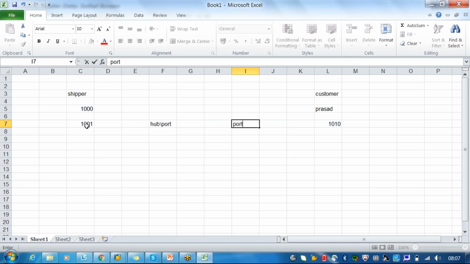So that means from here to here one transportation should happen, and from here to here another transportation will happen, and from here to here there is one more transportation. So now we have locations 1001, which is the plant, and 1010 as the customer.